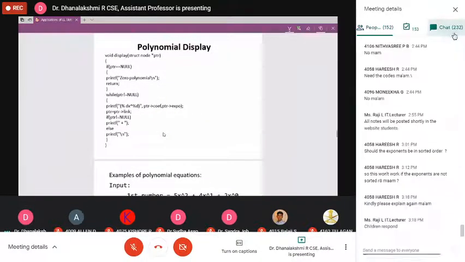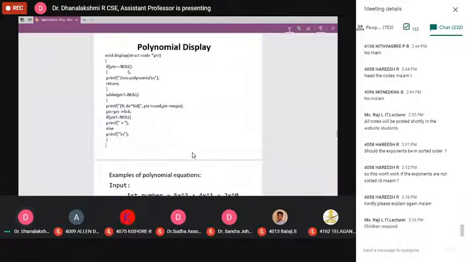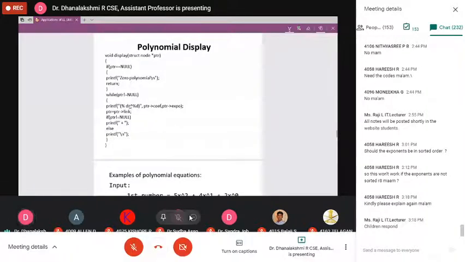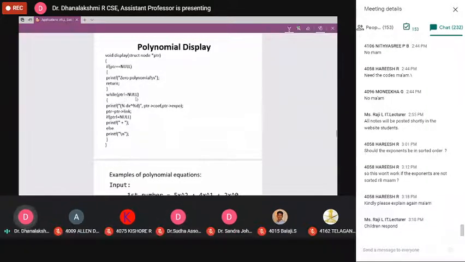This is a normal procedure. Display, pass the header node address. Declare one temporary pointer variable. If ptr double equal to null, it means there is no more, a zero polynomial, and our list is empty with no other node. Or else, ptr is not equal to null. What do we have to do?